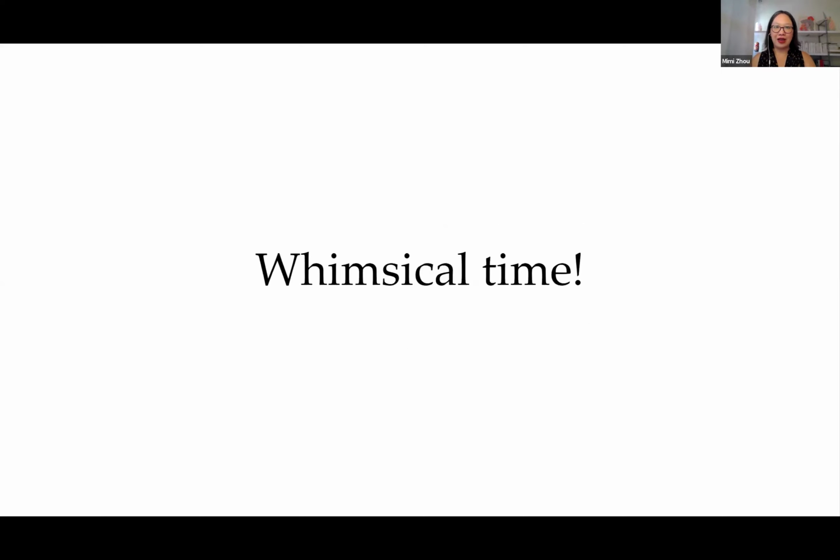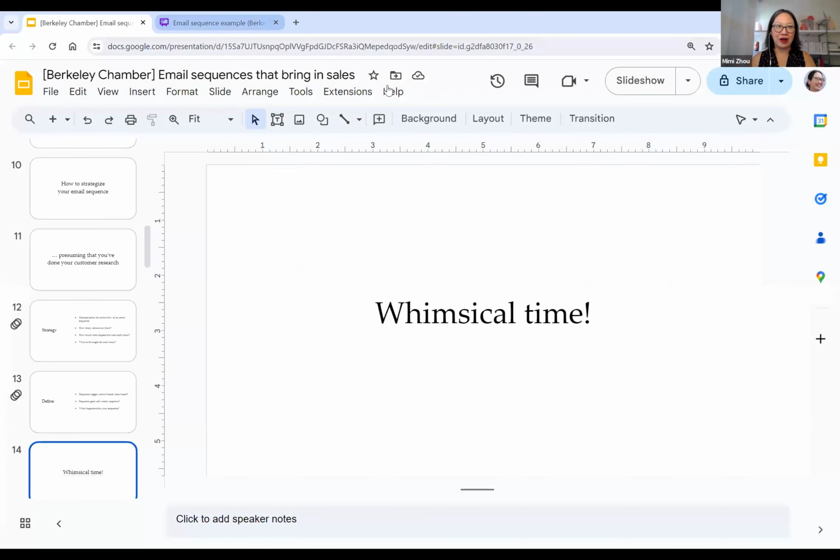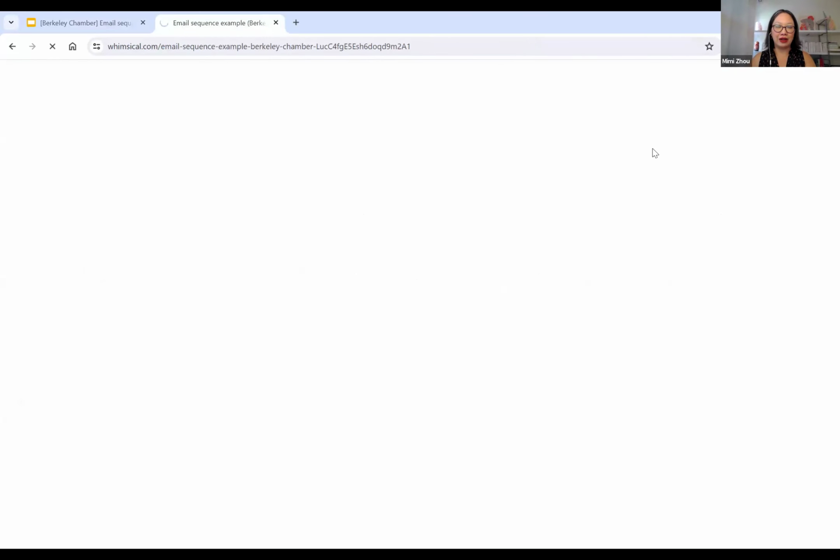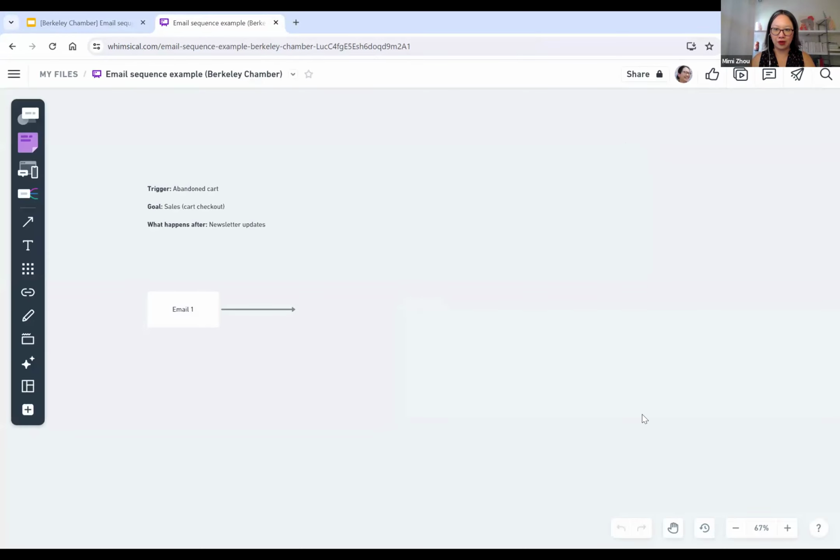All right, so I am going to show you how I put together an email flow, and this is an app called Whimsical. You can try it out for free. You also do not have to do this because it is basically a digital whiteboard, but you can use a piece of paper. So what you see here is my notes.